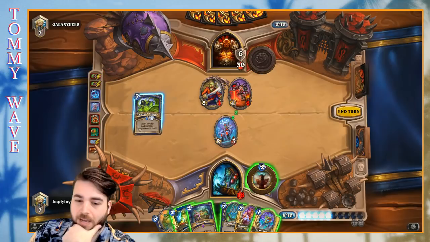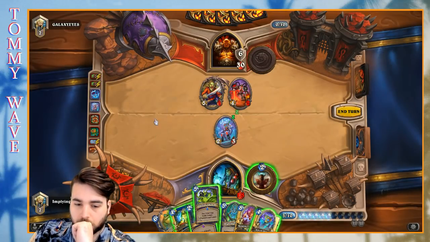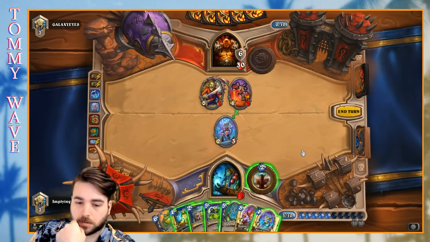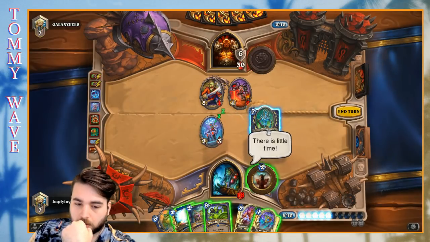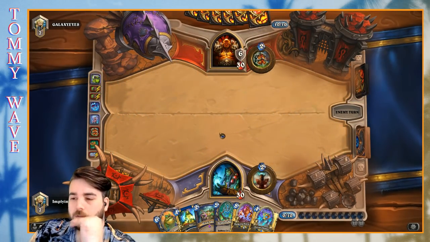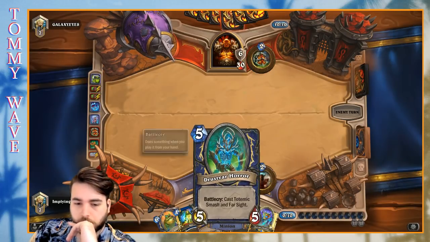We should have Hagatha's schemed first. Totemic Smash and Farsight. No, we got a scheme. I don't think it made a difference there, which order we did it in, but...